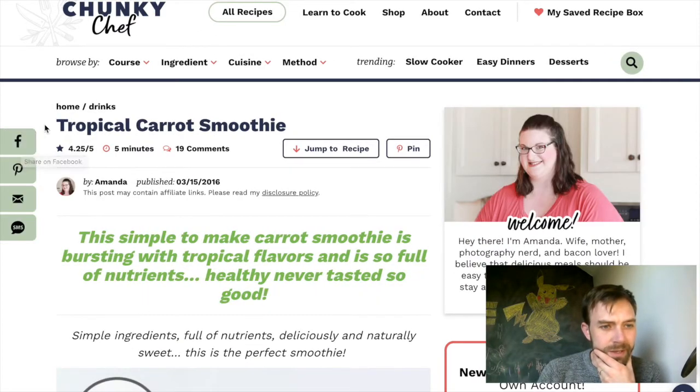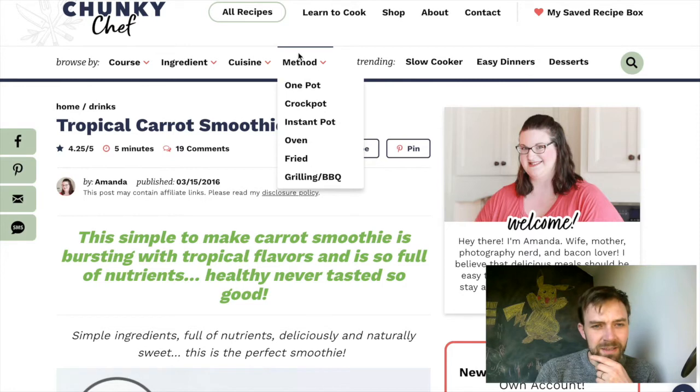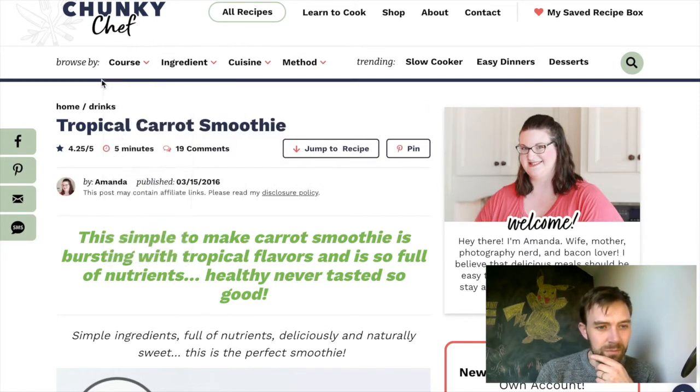I was looking for a smoothie. I landed on this page for a tropical carrot smoothie. What the hell is this? I suppose my eye is led to this quote, which isn't really that important. Then you scan upwards, and there's a heading, and a two-tier menu. Every time I hover on something, it changes color at the top, but another pop-out menu also obscures